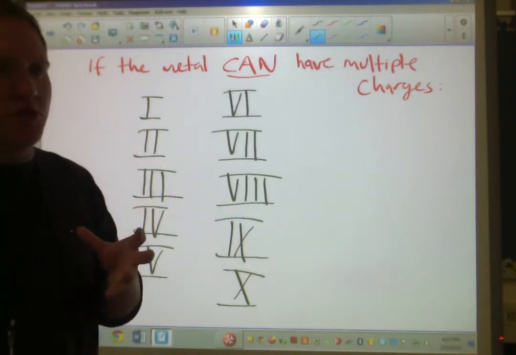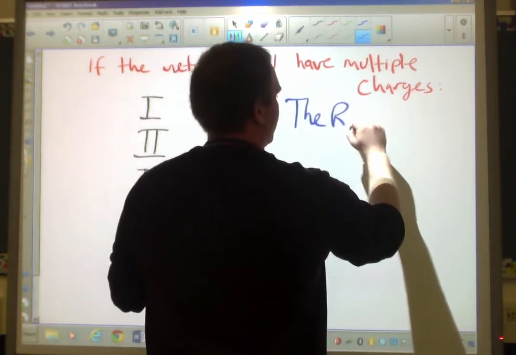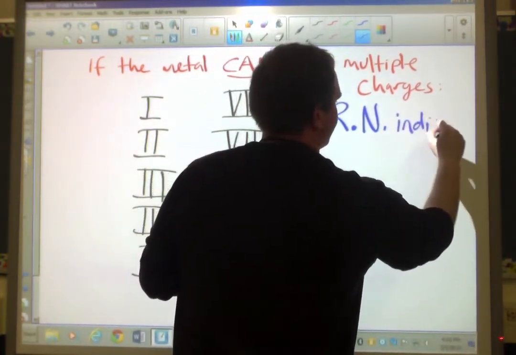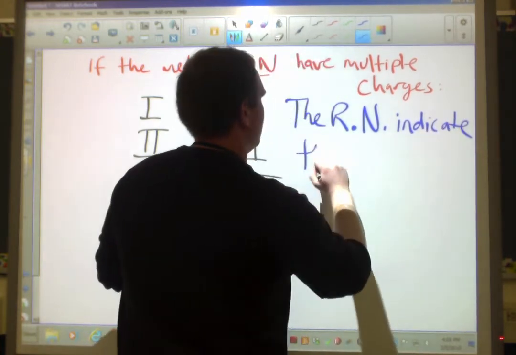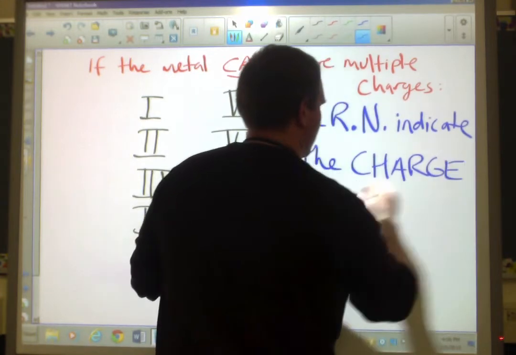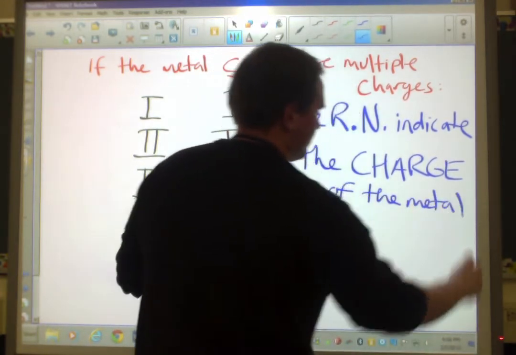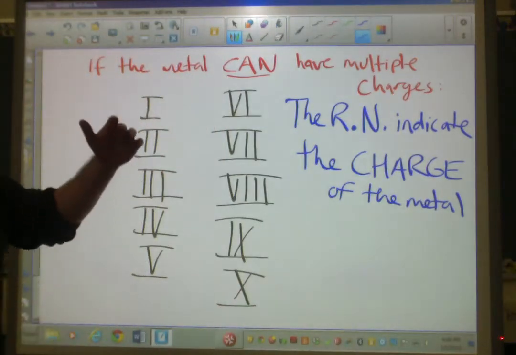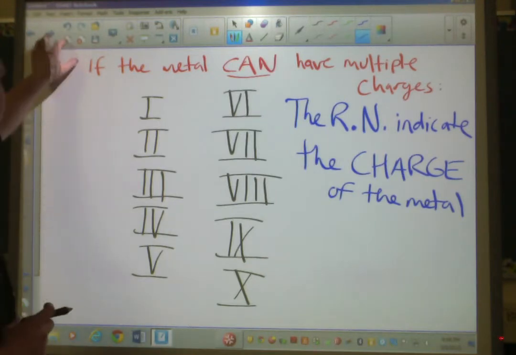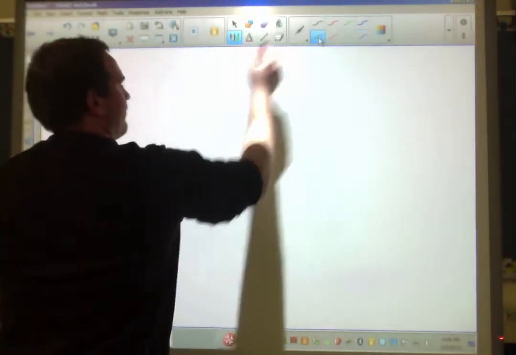And the whole point of the Roman numerals is this. The Roman numerals indicate the charge of the metal. And that's what you have to demonstrate, or you have to signify this. So let's run through a couple examples of what I mean by this. Let's say you have